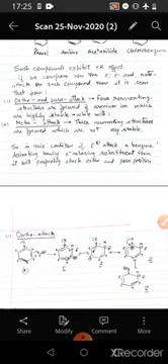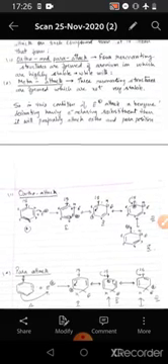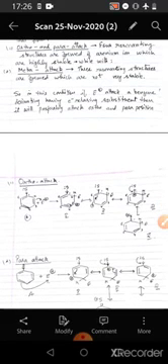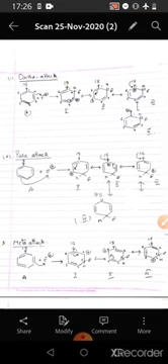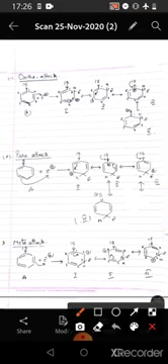If we now compare the ortho, para and meta attacks on such compounds, then it is seen that from ortho and para attack, 4 resonating structures of the arenium ion are formed, which are highly stable, while with meta attack 3 resonating structures are formed which are not very stable. So in this condition, if an electrophile attacks a benzene derivative having an electron-releasing substituent, then it will preferably attack the ortho and para positions. So if we compare ortho, para and meta attack, then we see in ortho attack